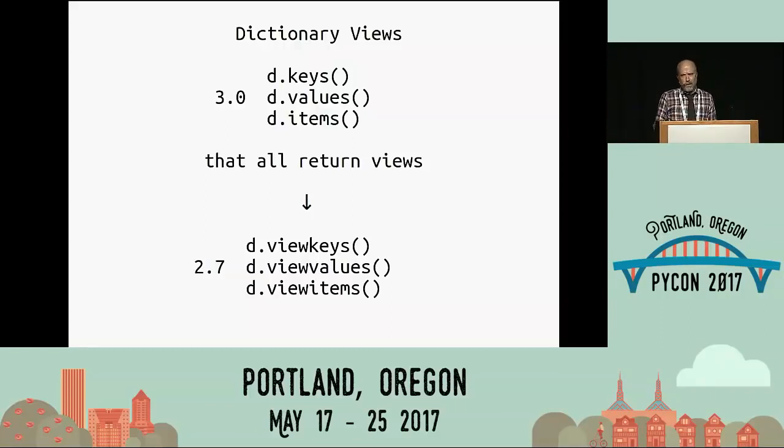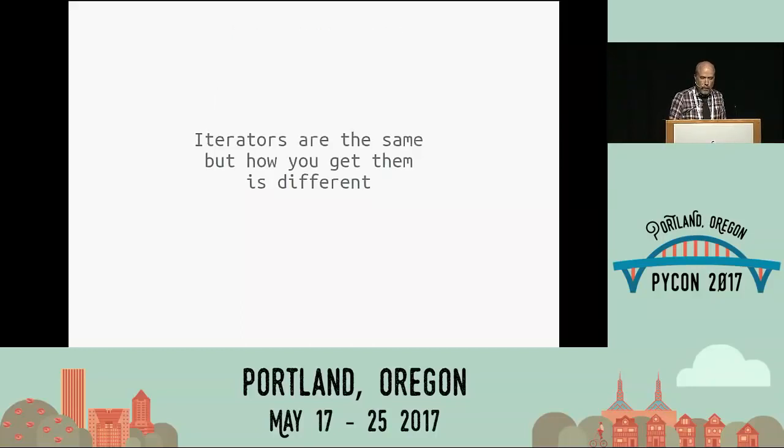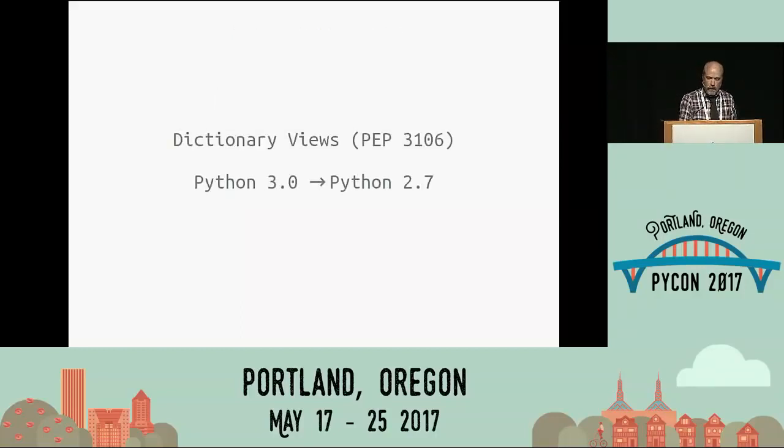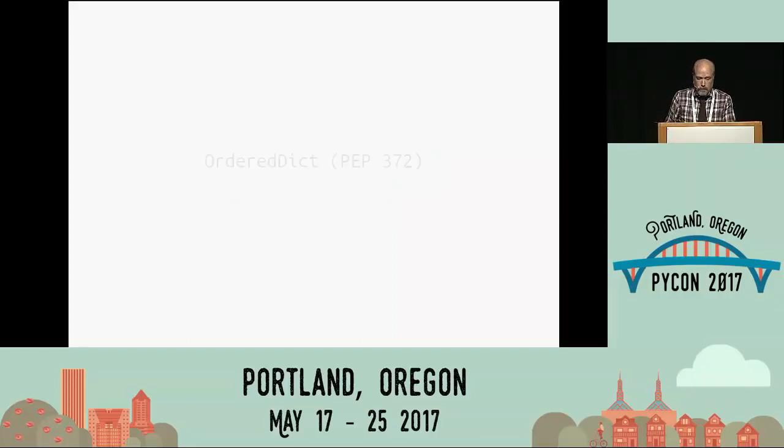On the one hand, the one thing you ever really want to do is step a further away, but it's so conceptually clean, and it enables a number of operations that otherwise aren't possible. So it was decided this is how 3.0 would work, where it's two-layer. First, you get the view by saying keys or values. Then if you want to, you get an iterator by trying to iterate. That was backported to 2.7, but again, under those different method names so that you weren't opted into a different behavior until your code was ready.